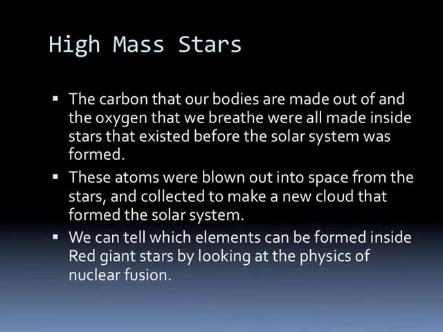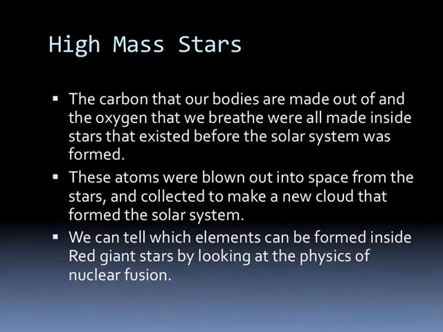The carbon that our bodies are made out of and the oxygen that we breathe were all made inside stars that existed before the solar system was formed. These atoms were blown out into space from the stars and collected again to make a new cloud that formed our solar system. We can tell which elements can be formed inside red giant stars by looking at the physics